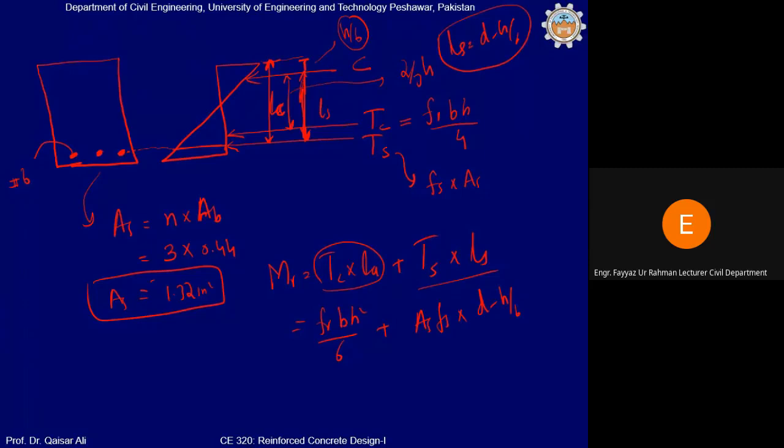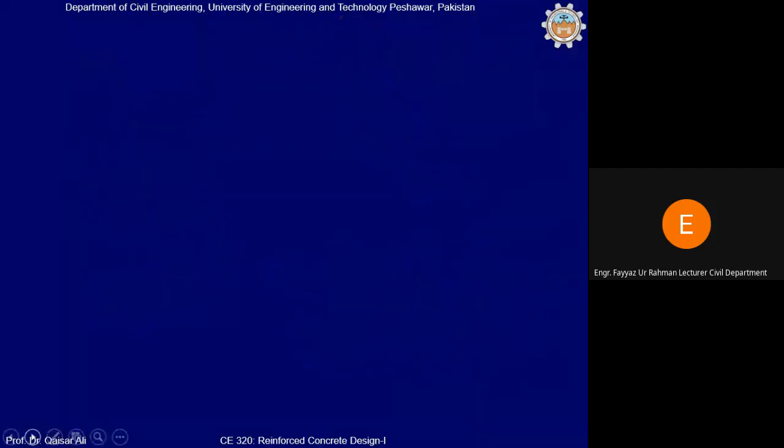क्लियर? इसका क्या मतलब है? If you are ignoring the effect of reinforcement, then the equation will be equal to FR into BH square by 6. And if you want to take the effect of reinforcement, then you will add just this term within the equation. बात समझ आ रही है? अब इसके इफेक्ट को जरा देखते हैं, सही? तो इस पर हम अगर एक एग्जांपल करें तो आप लोगों को